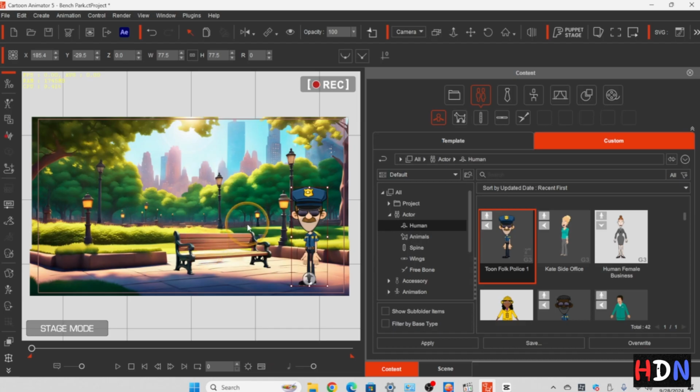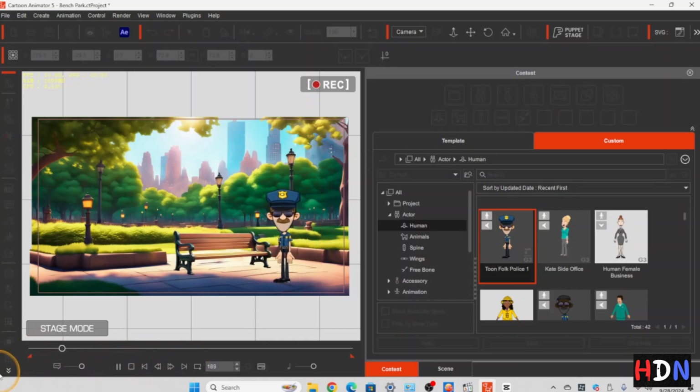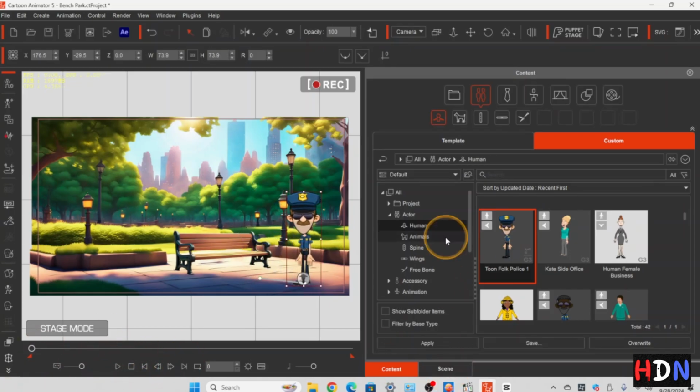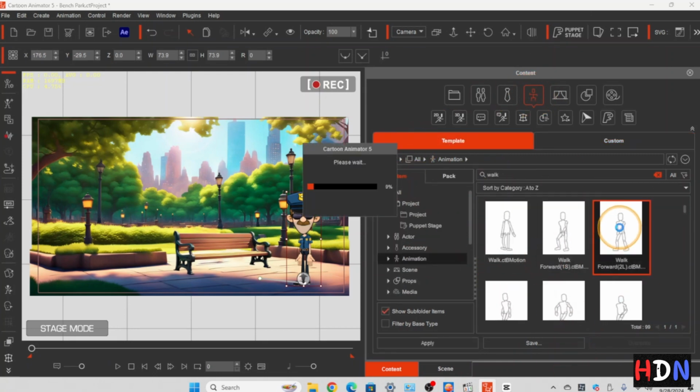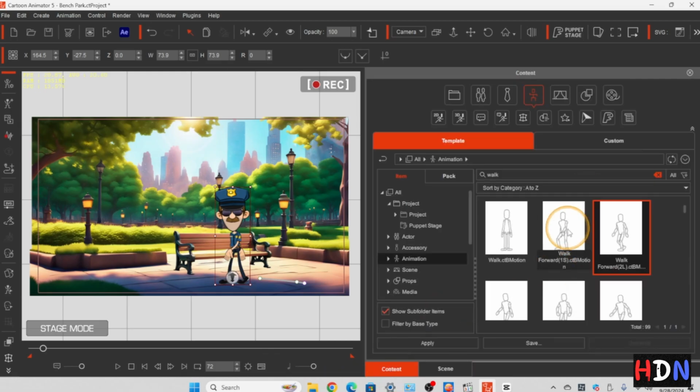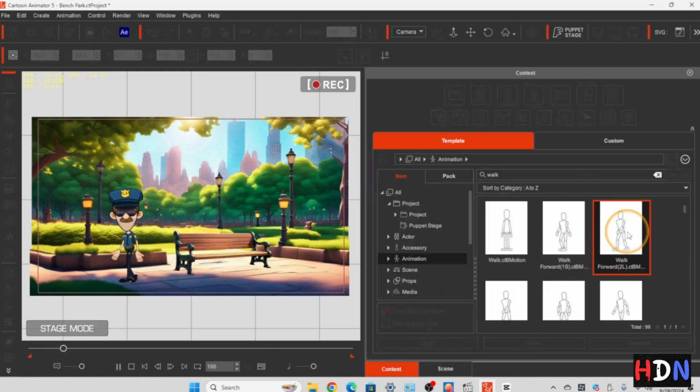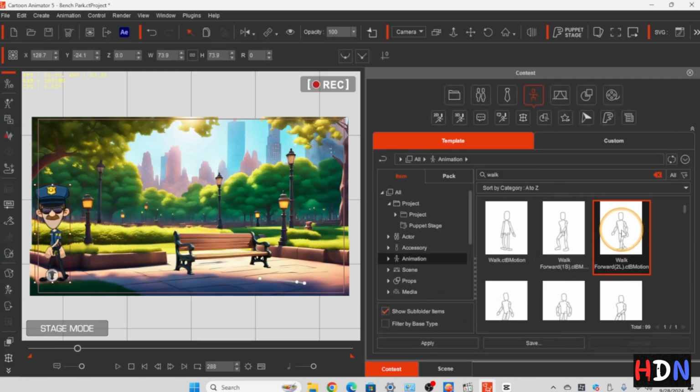And there's quite a few actors that come with this too that you could have used as well. And this is one of the Gary Pye actors. So here we just created a really simple path, and then by double clicking on some of the walking motions that come with Cartoon Animator, we're able to make him walk